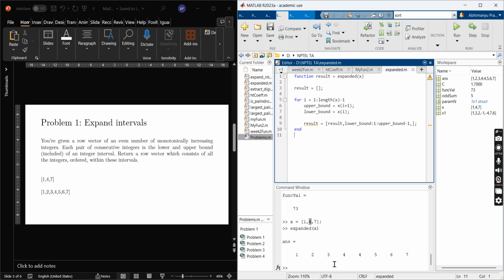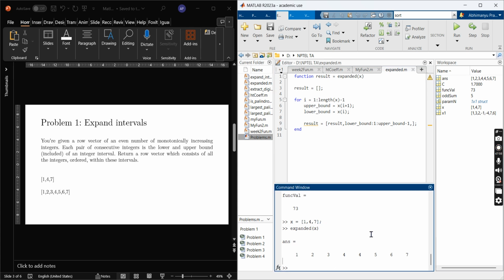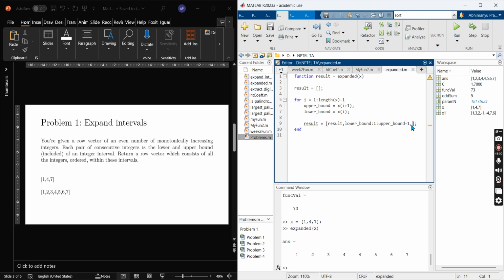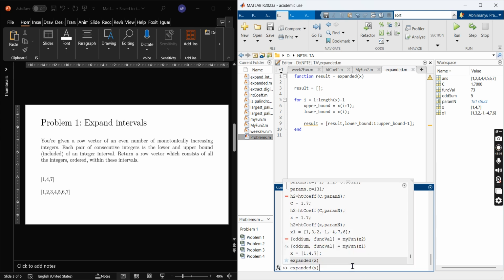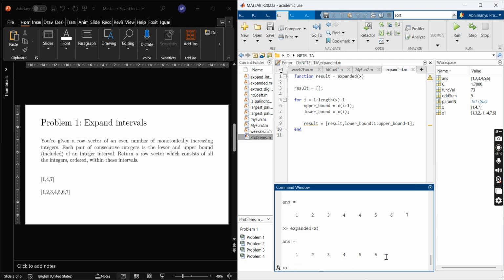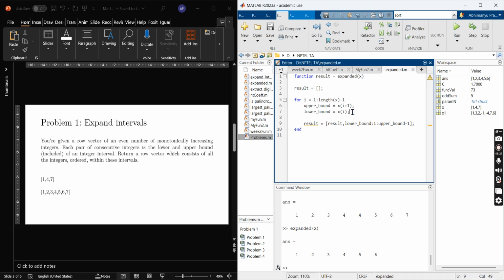Okay, but this will also have another problem, because if we make this -1, then for the second iteration of the loop, we will be excluding 7. So if I run this again, yeah, so now we are excluding 7, right? Because we are doing a -1 over here. So what we need to do is